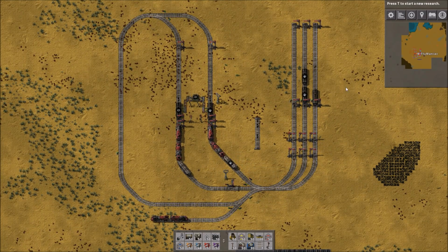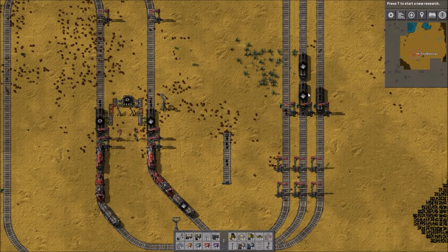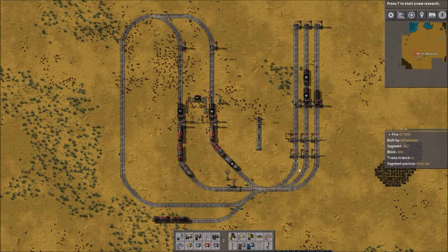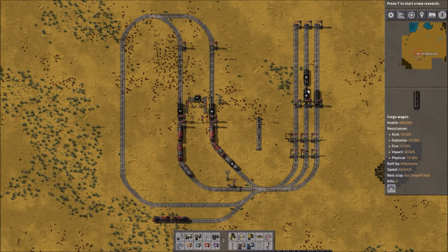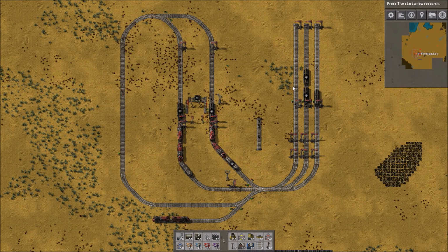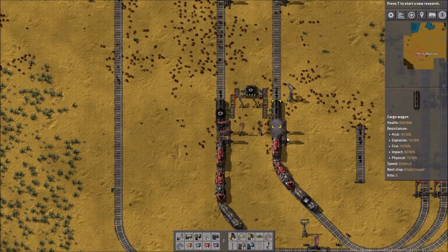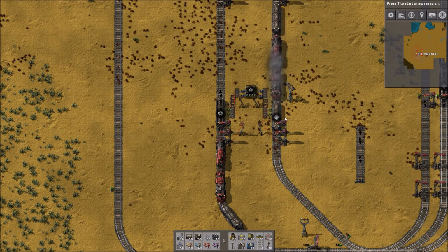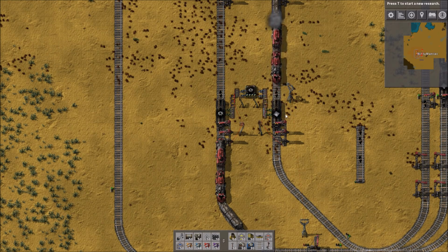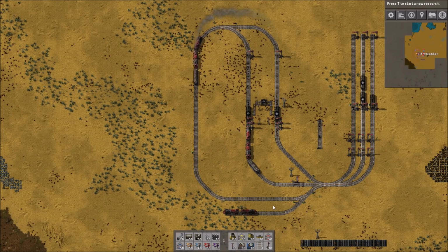This example is a little toy version of a rail yard. So here you've got 3 lines. Here you've got empty wagons, wagons of iron plate, and here we'll have the final product, which is gears. So here you can see that this train waited for this wagon to be empty. It pulls forward and leaves behind a full wagon of iron plate, and then it goes on its merry way